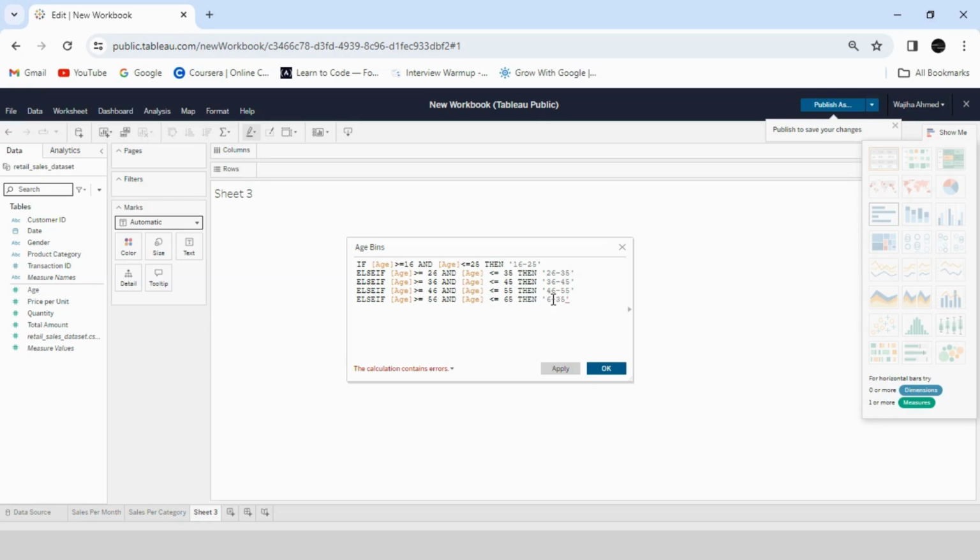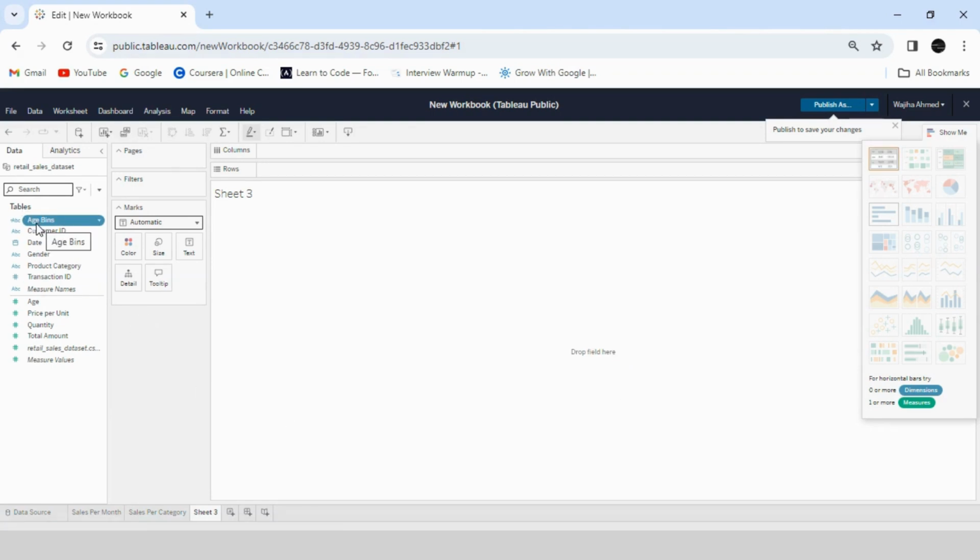So by this we can create our bins, and in the last I choose an else statement in which I write that if it is not included in these categories, then the age has to be 66 plus. And in the last I choose end and close my calculated measure of the if else statement. Now you can see here we have created our age bins, and I selected it, and then I'm going to choose our